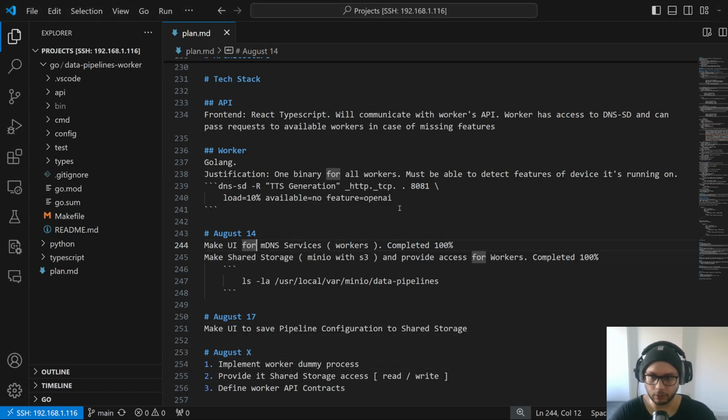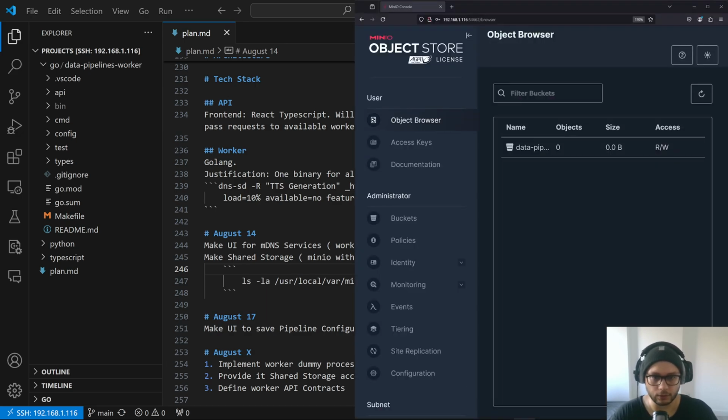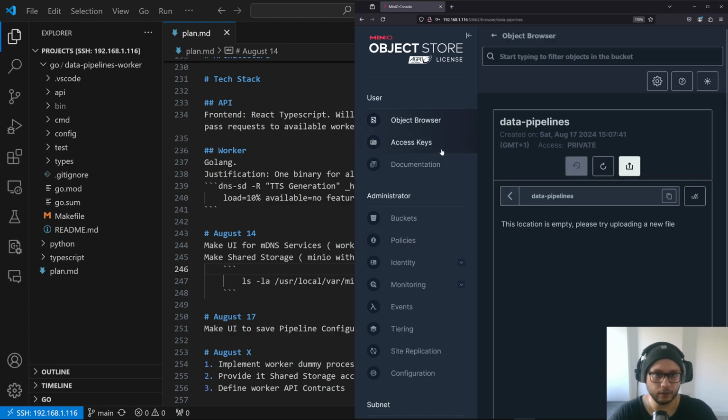So I made UI for the service and its discovery. It's important. So let me, okay, I'll read what I've done and then I'll show you. I made a shared storage with some interface which is accessible to backends. Here it is, Firefox. Yes, so I have started that storage, created a bucket here, and my backends, dummy backends